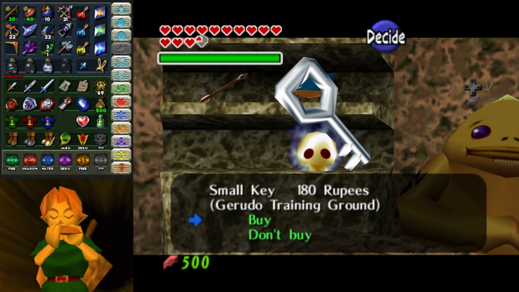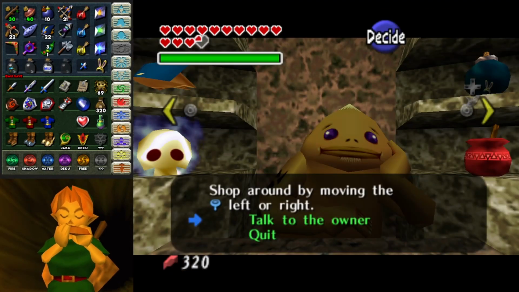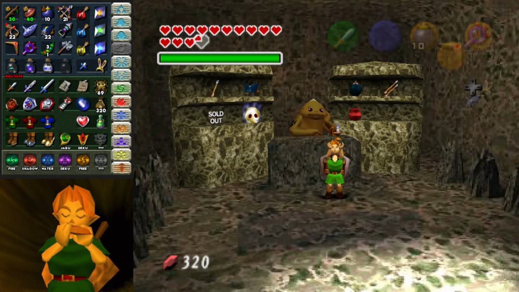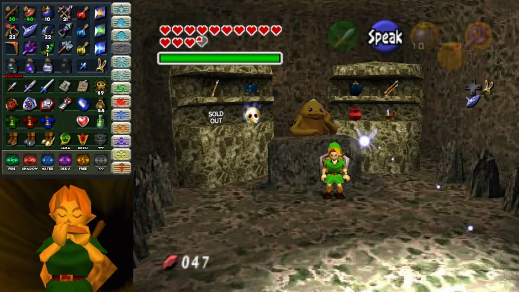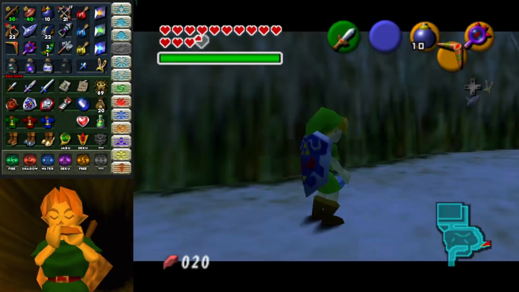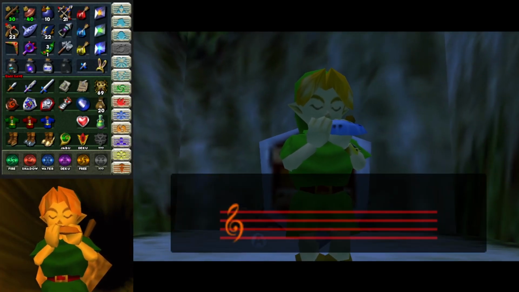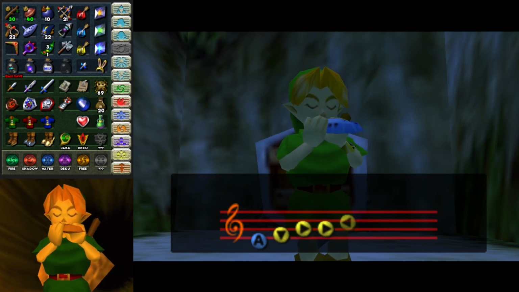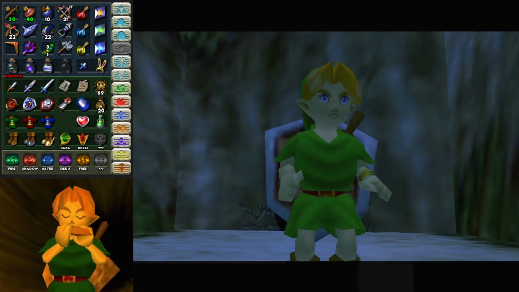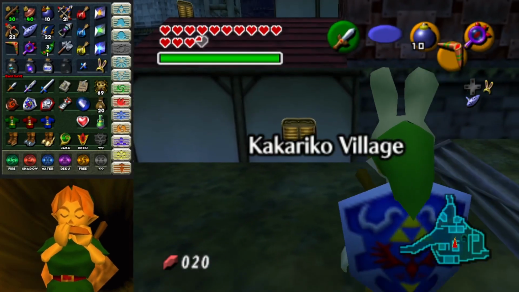Gerudo training ground. I mean, oh, he's got blue flame. I mean, I can't afford anything else. Okay, that's kind of cool. So at least that saves us a trip to whatchamacallit, the ice cavern. I was really worried about having to run back to the ice cavern. I was probably so fixated on that idea. I feel like from playing this over and over again,